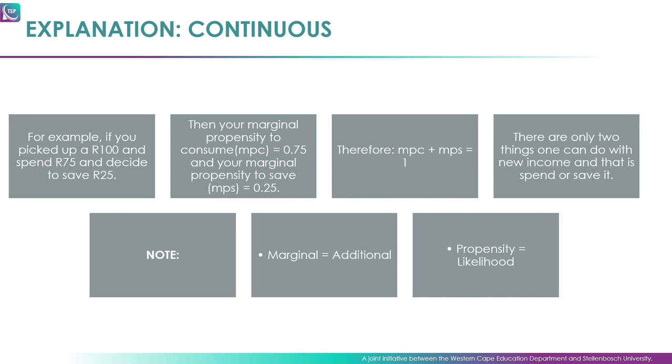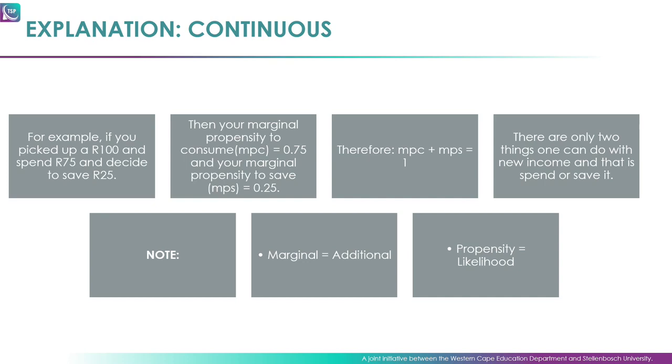Now for an example, if you have picked up maybe 100 rand, it's your lucky day. You happen to pick up 100 rand on your way to school, and then you decide that from that 100 rands, you are going to spend only 75% or 75 rands, and then you decide to save 25 rands for the next day, or for future purposes. Now, this means that your marginal propensity to consume, remember marginal propensity, the likelihood to consume, would be 0.75,